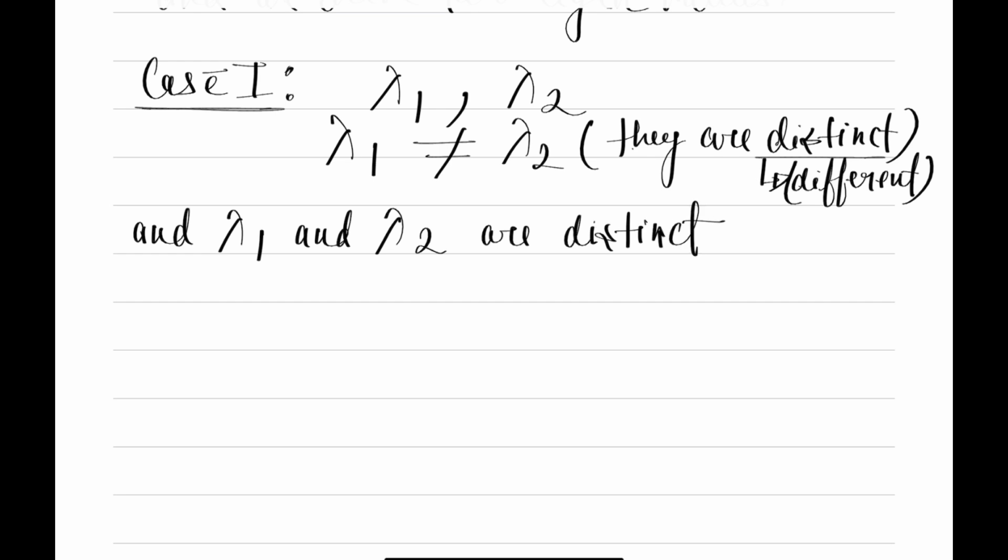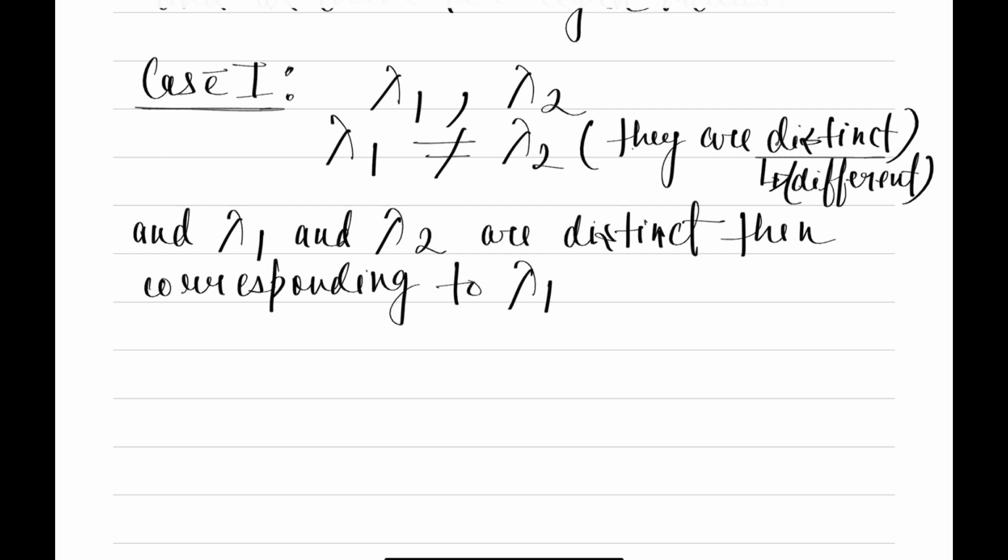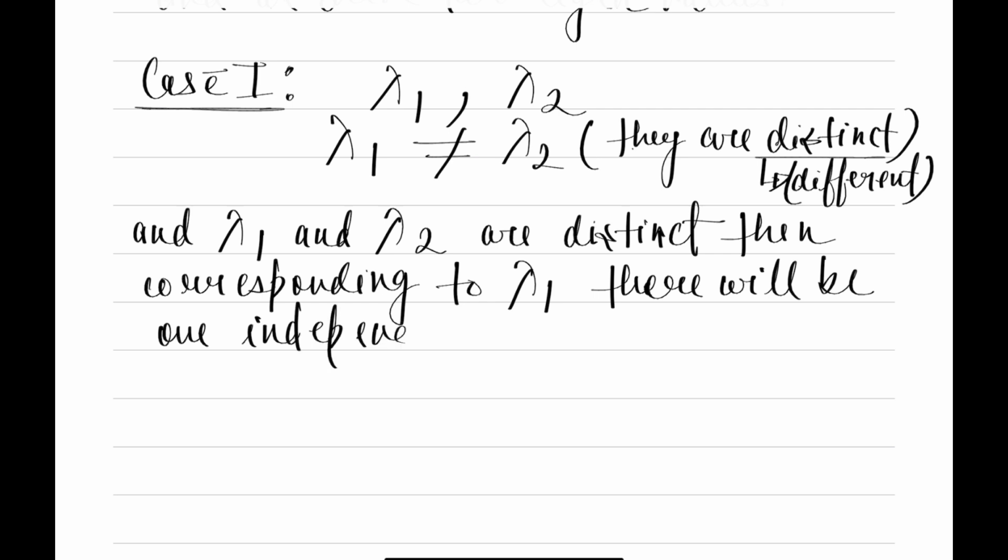Then corresponding to lambda 1, there will be one independent eigenvector,